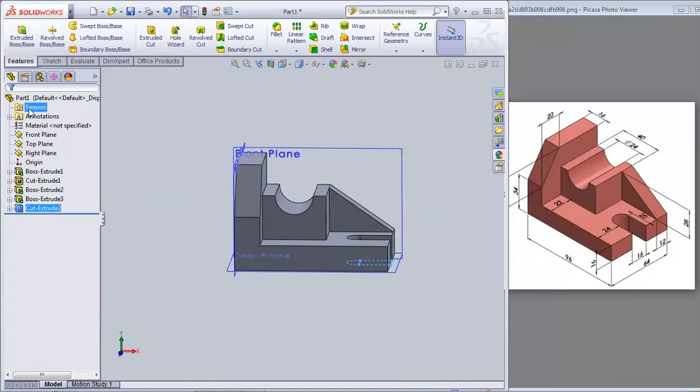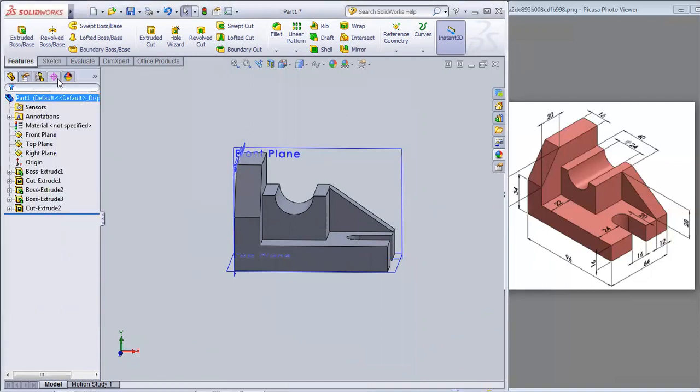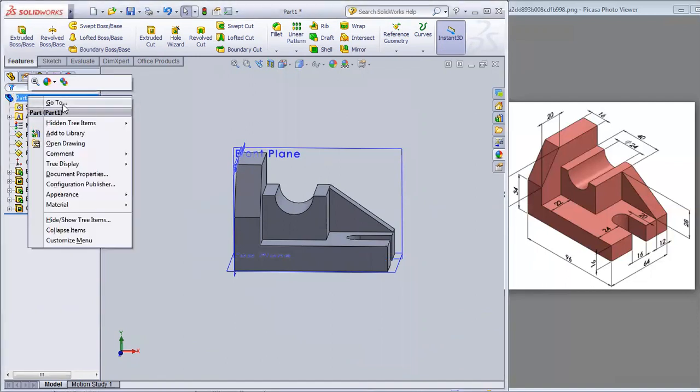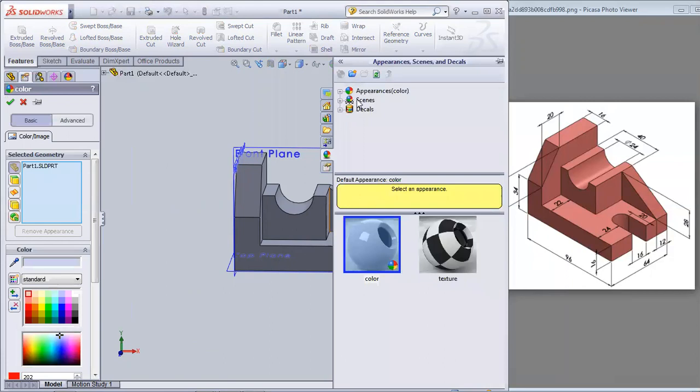Now if we want, we can change the appearance of that model. How? Let's go to the appearance. Okay, so just go to the appearance and change the color to reddish, right?